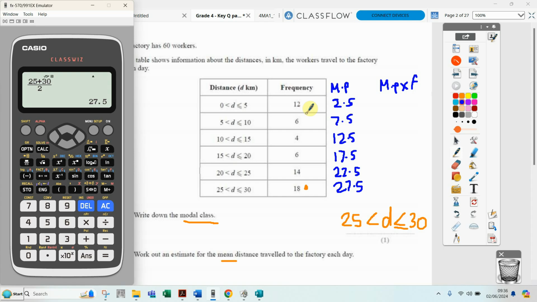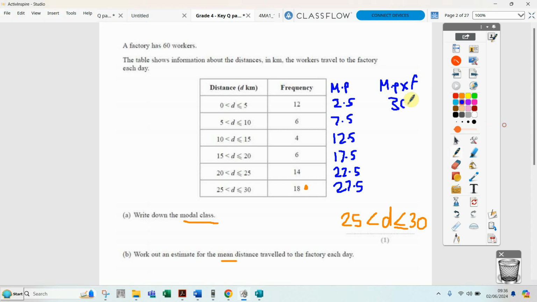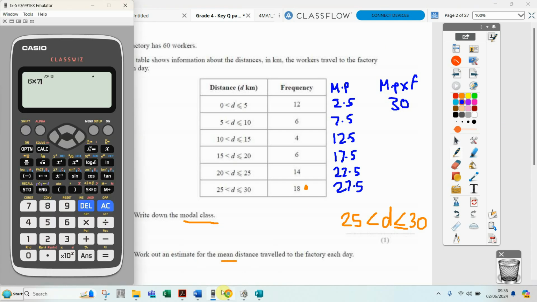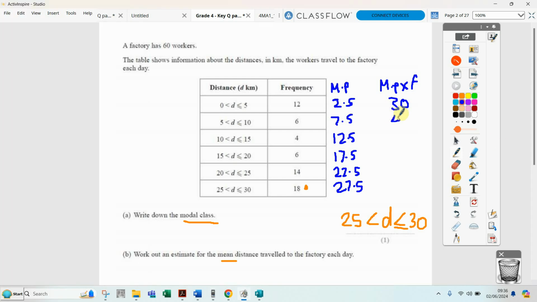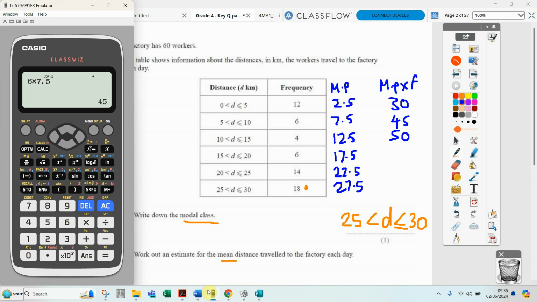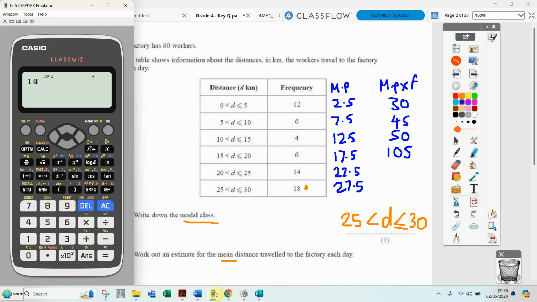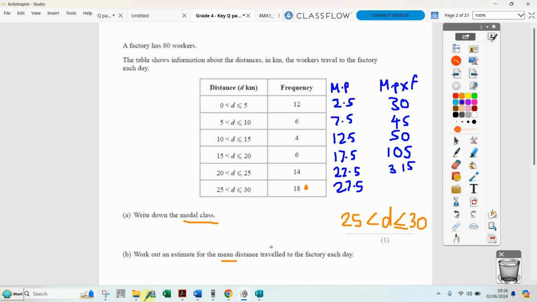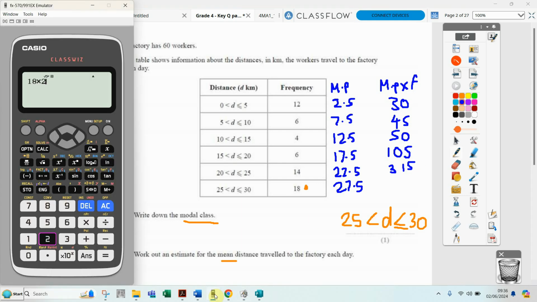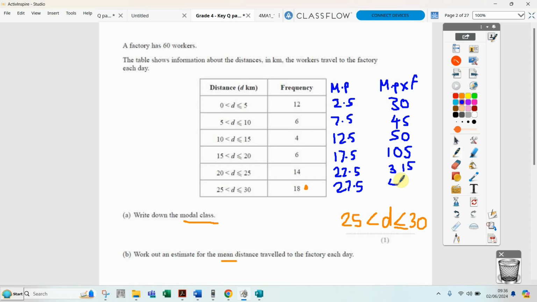Okay, and then we times across, so we do 12 times 2.5, 30, 6 times 7.5, 45, 4 times 12.5 is 50, 6 times 17.5 is 105, 14 times 22.5 is 315, and then 18 times 27.5 is 495. Okay,